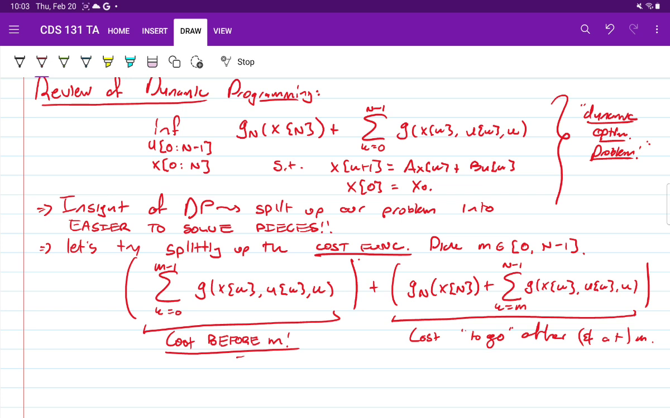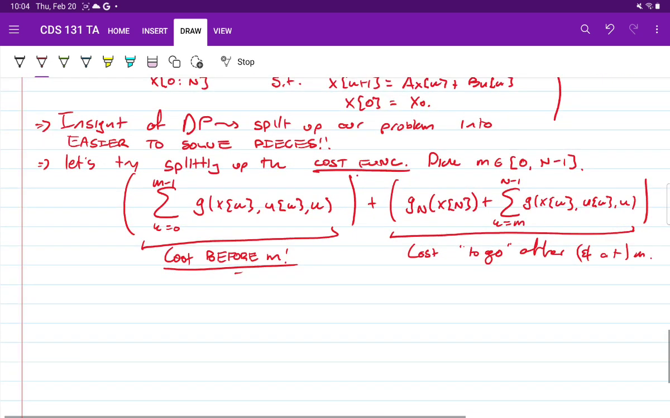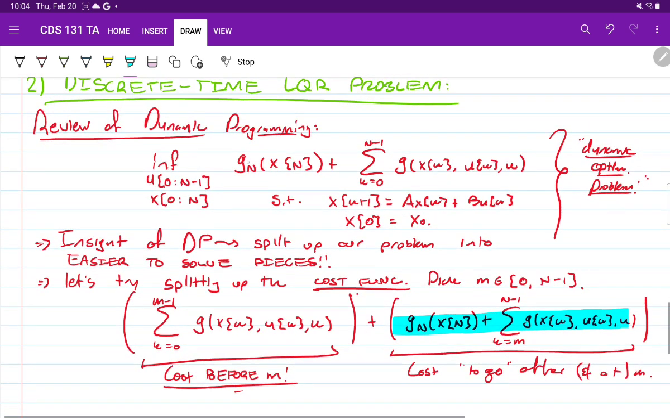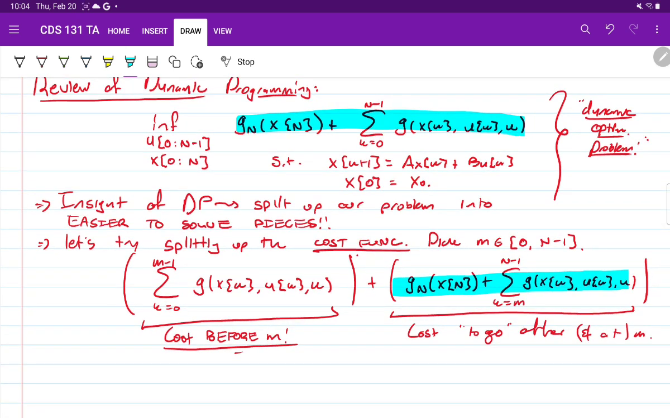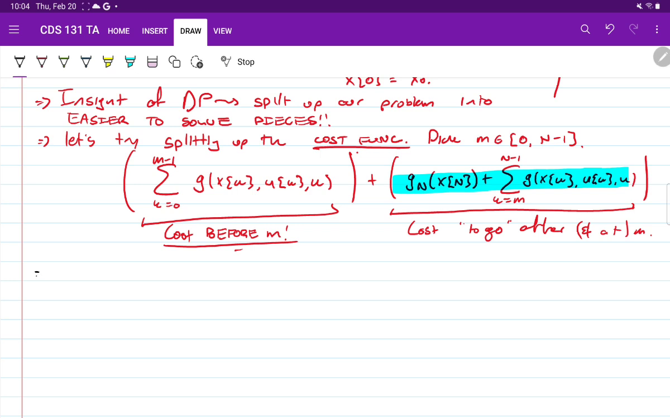All right, so I'll assume you've given this a look. What you might notice is that this cost over here has a very, very similar structure to this cost, right? All that we're doing is we're now starting our sum at m instead of at 0, okay? Other than that, we have the same sort of cost structure, all right? So the idea is, let's try to solve the simpler to-go problem,